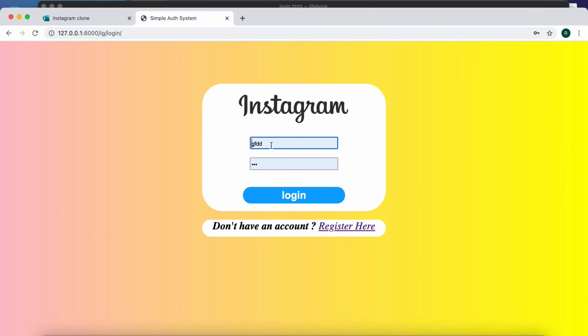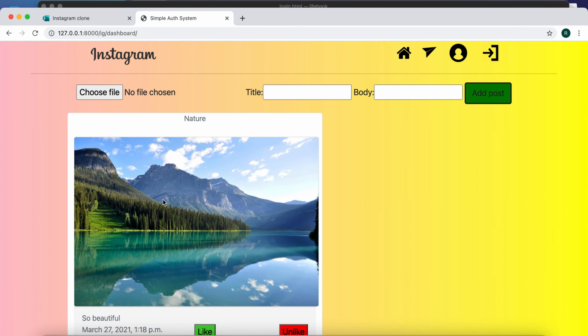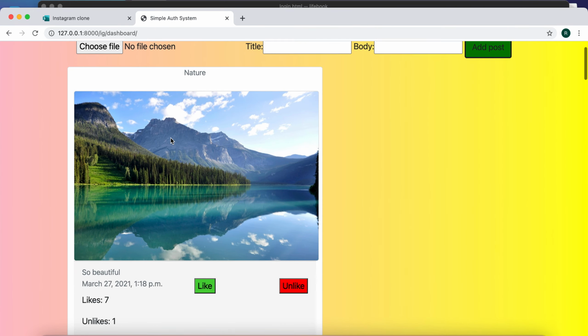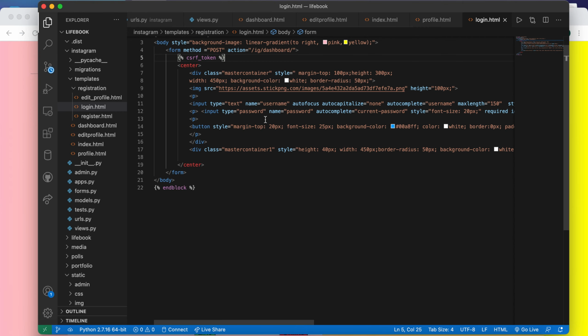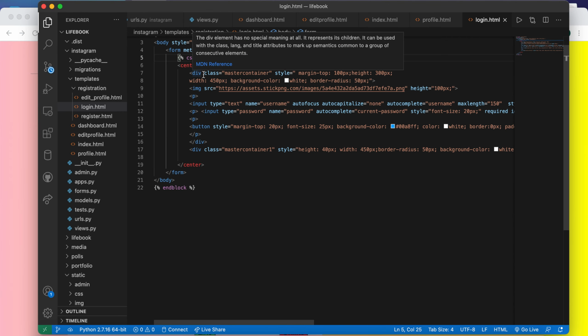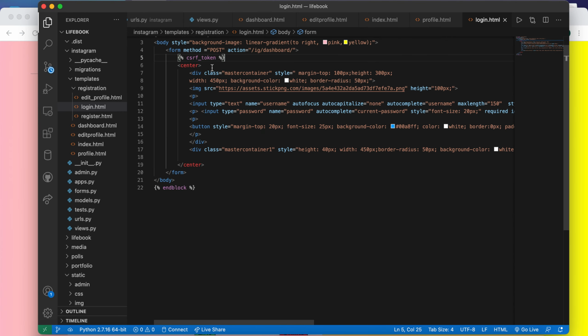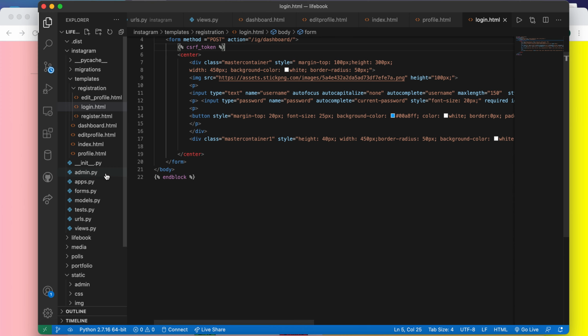Like when I log in, for example with this account, this dashboard page is opened, right? So that's all, and this is nothing, just simple CSS and HTML, which says input type and all those things, right? So nothing complicated over there.